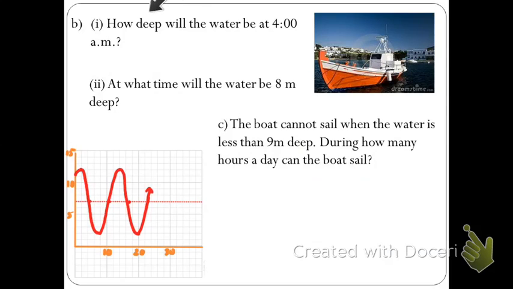Starting with, how deep will the water be at 4 a.m.? Well, now that we have a function that will model the depth of the water, we can simply plug in a given time into that function, and it will help us determine how deep the water will be at that time. So what we're going to be doing here is taking our equation and finding out what is d of 4. That would of course be equal to -5 times the sine of pi over 6 times 4, because that's our t, minus 4